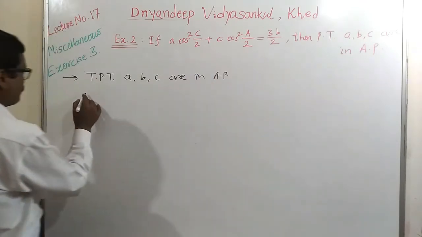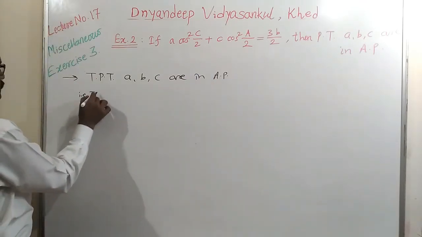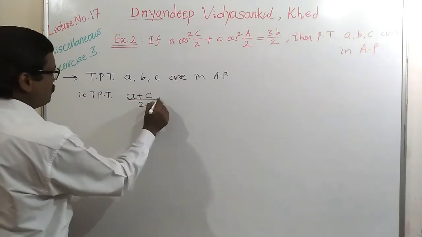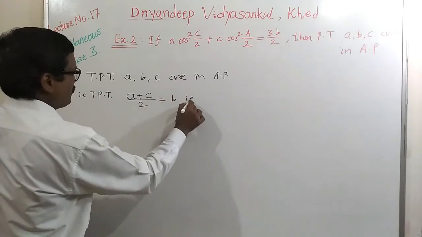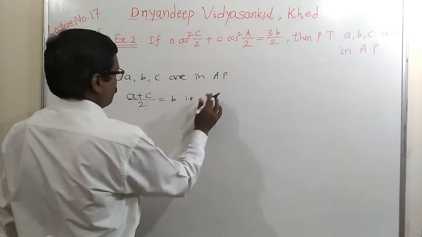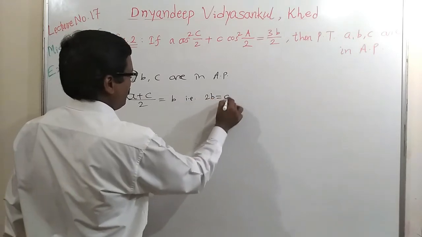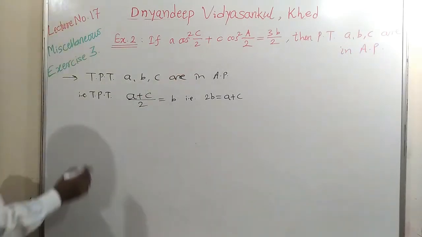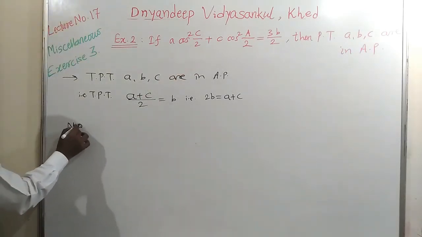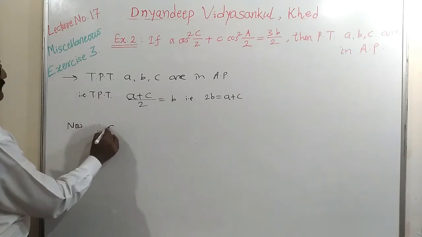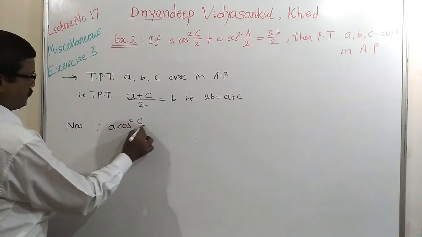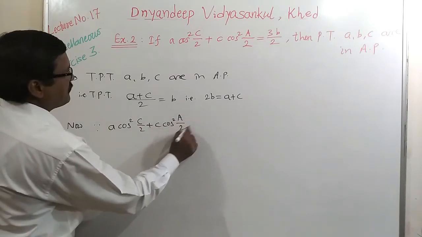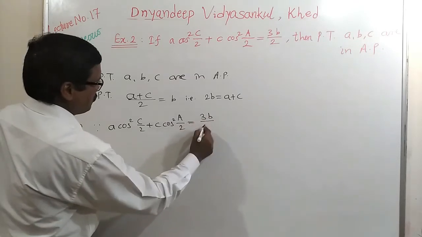It means, to prove that a plus c upon 2 equals b, or in other words, a plus c equals 2b. This result we have to prove. And the given equation is this. Let us start with that now. Since a into cos square C by 2 plus c into cos square A by 2 is given as thrice b upon 2,